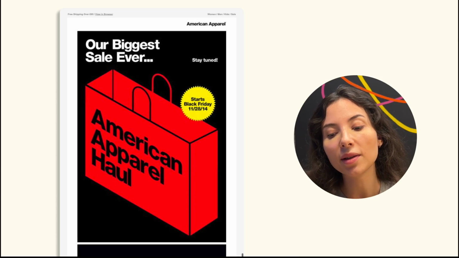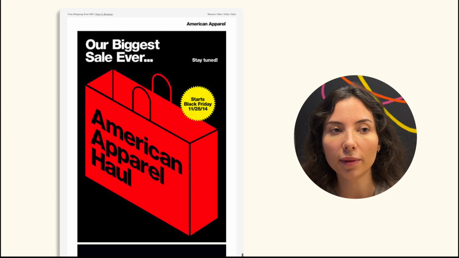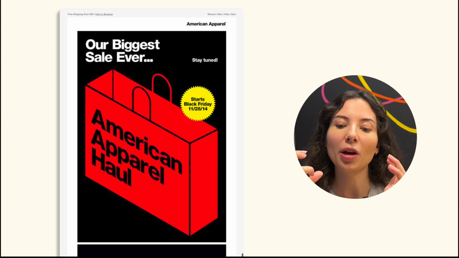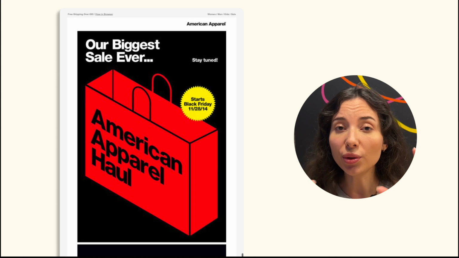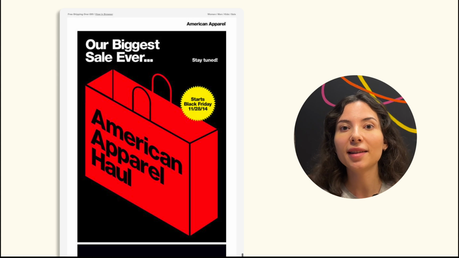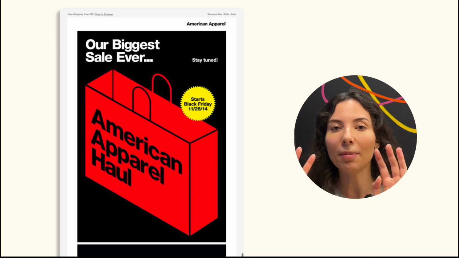And last but not least, something that could be easy to do if you have any mock-up of your shopping bag, that can be very, very useful because a shopping bag is associated with sales and with purchase. So it's pretty much, I think, a clear message. And so you can use the visual of this bag, something colorful again, against a Black Friday black background. And I think it's a great mix between the message you want to send, something that would be visually impactful, something that would be visually